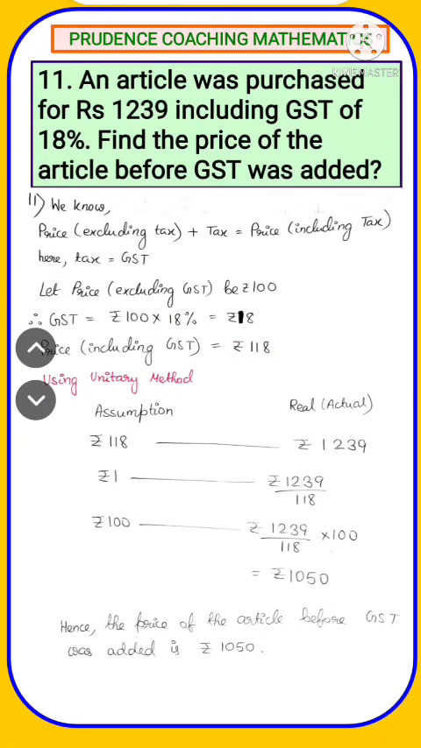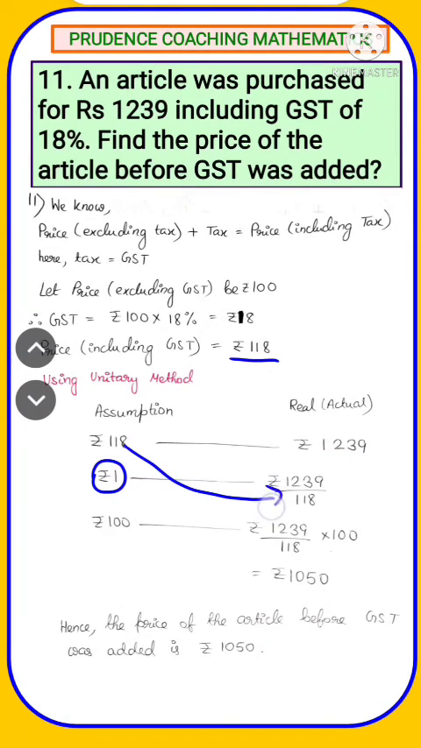Now we will apply the unitary method to find out the price before GST was added. So first we will write the assumption on the left hand side and actual value on the right hand side. According to our assumption, the price including GST is rupees 118, but the real value or actual value after adding tax or GST is rupees 1239. So we can write rupees 118 equals to rupees 1239. After this we will find the value of 1 unit, that will be equals to rupees